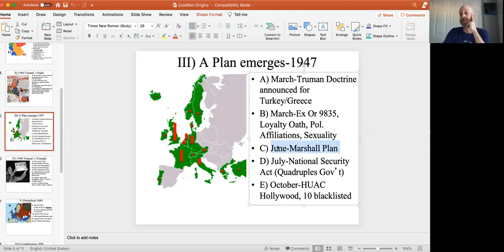On the heels of this comes the Marshall Plan, one of the most incredible things the US has ever done. So here's the story on this. In 1946, George C. Marshall, the head of the armed forces during World War II, and then later became Secretary of State, traveled to Europe in late 46, and he was appalled by what he saw.